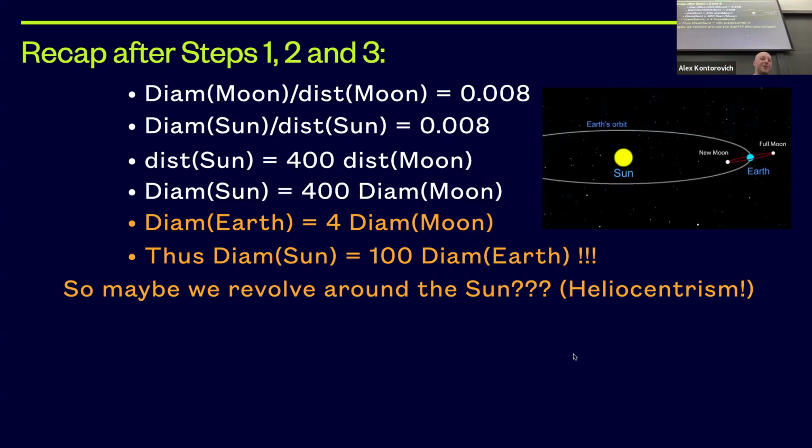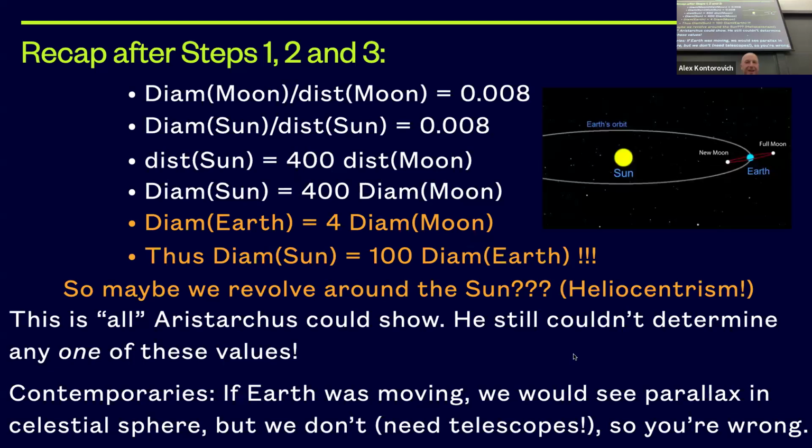It's not that they were religious fanatics or something. They had a very good reason to oppose Aristarchus's suggestion of heliocentrism. They said, wait a second, if it's really the Earth that's moving, then here's the celestial sphere. This is where all the stars lie. We think that there's this sphere. And if the Earth is moving around,